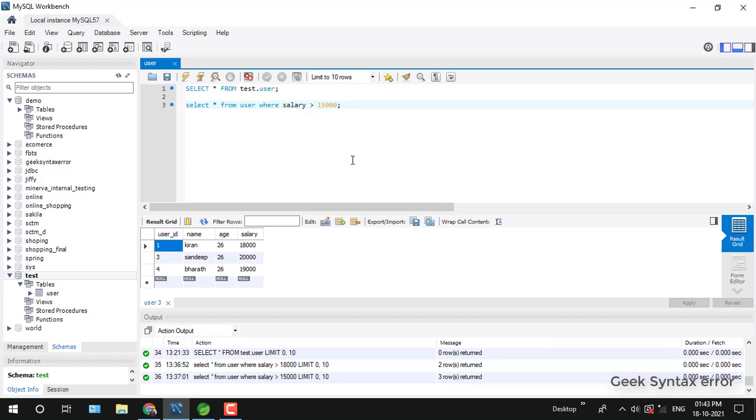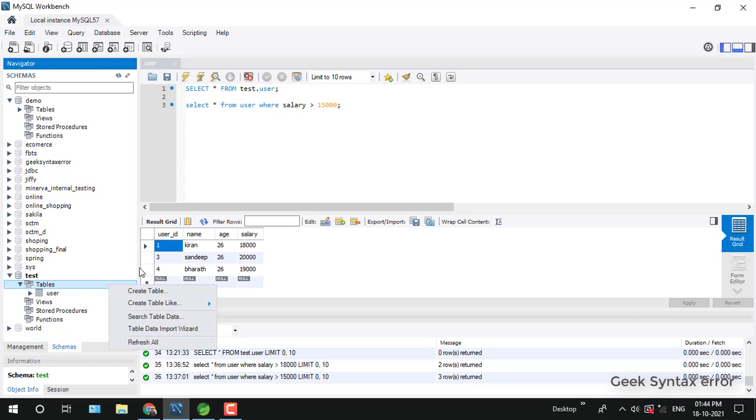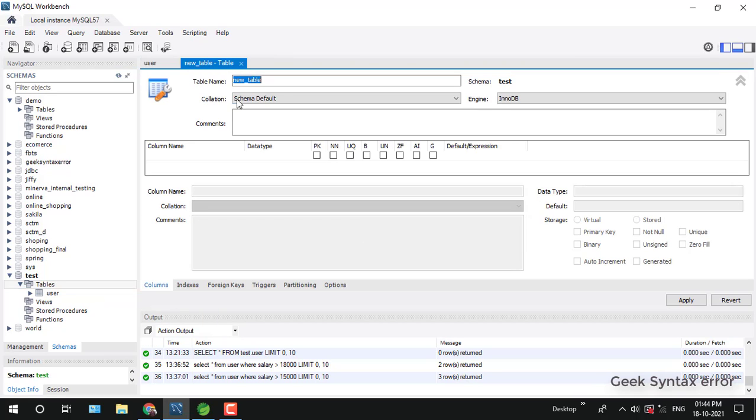And if you want to execute a more complex query, in that case we can make use of DAO classes. So we'll see now how to use the DAO class to execute more complex queries. For that we need to alter this database, and we need to make this database a little more complex. Okay, so we'll create one more table here. I'll just create one more table called department.